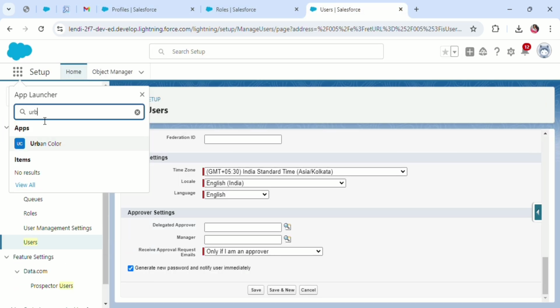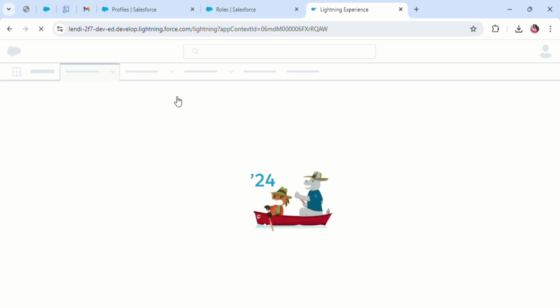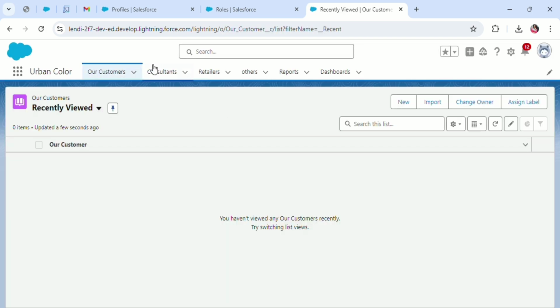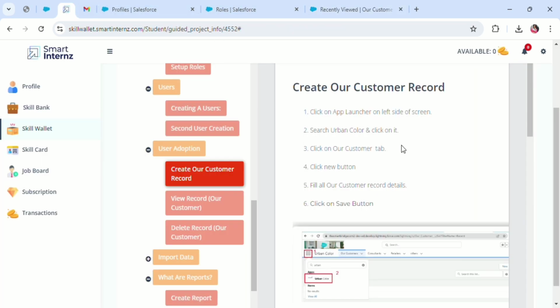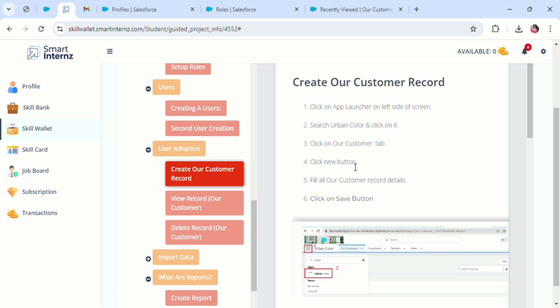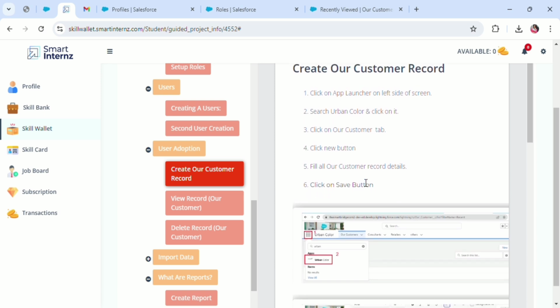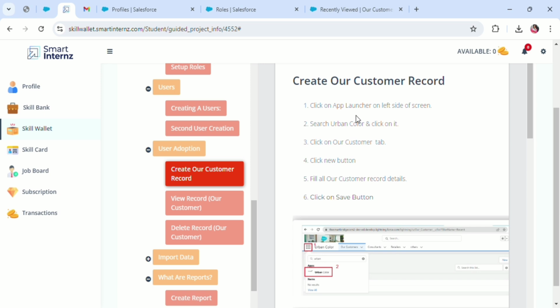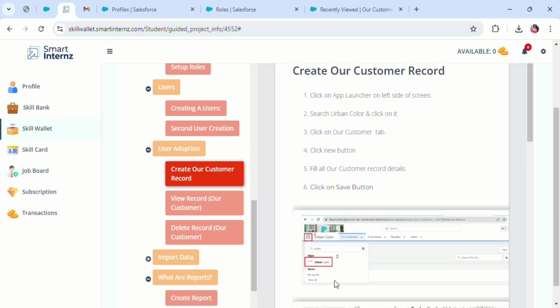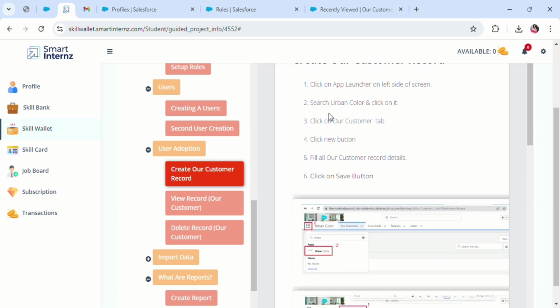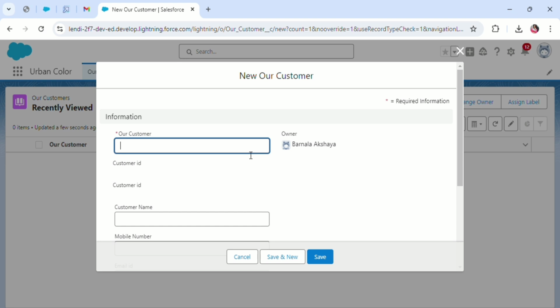Once you have seen this Urban Color layout page, you will be able to create a record. So once you see that Urban Color page, click on Our Customers. Here you can find Our Customers, and then click the new button. Here we can see the new button, and then give the particular name of your customer, for example, I have created Barna Lakshya, that is my name,